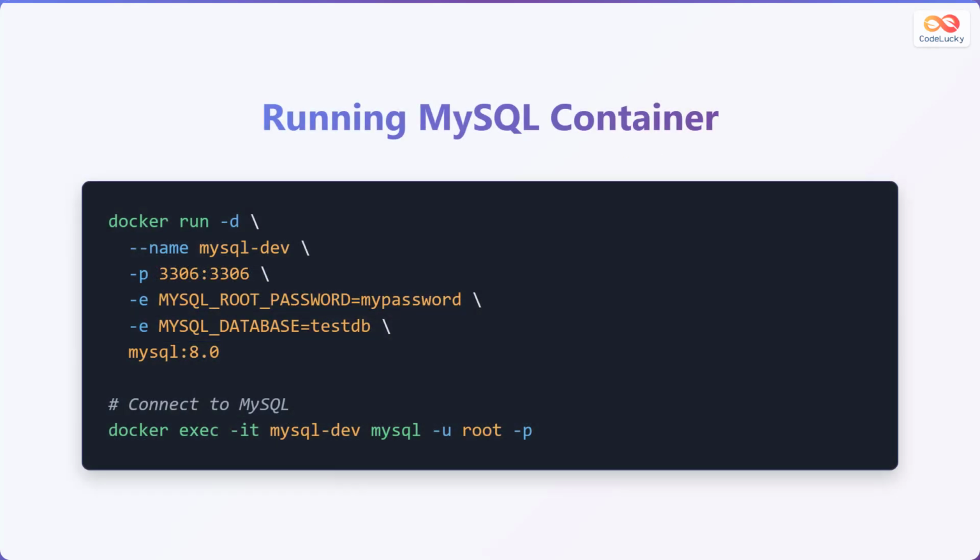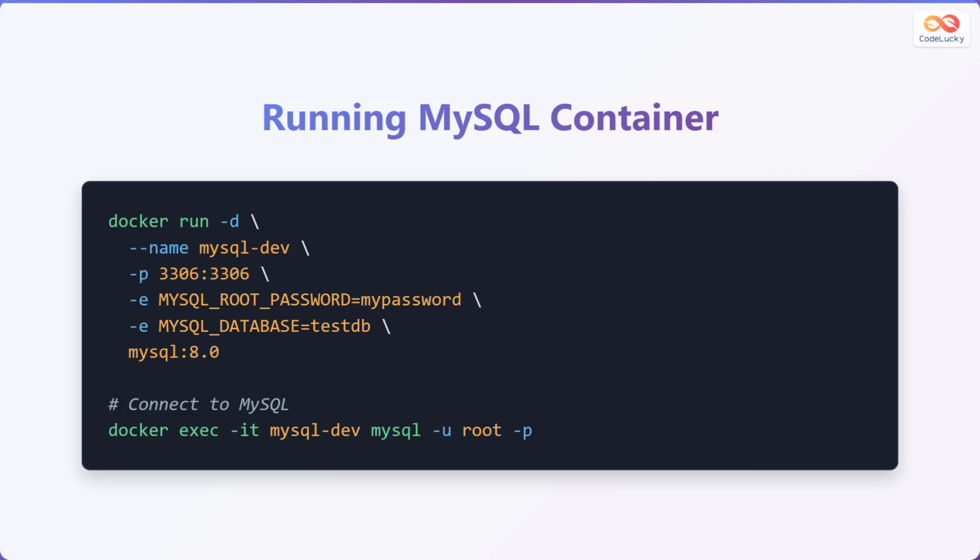Now let's get practical. Here's how you can run a MySQL container using Docker. Use the command docker run with the detach flag, represented by -d, to run the container in the background. Assign a name to your container using the name flag. Here it is named mysql-dev. Map the port 3306 of the container to the same port on your host machine using the publish flag,